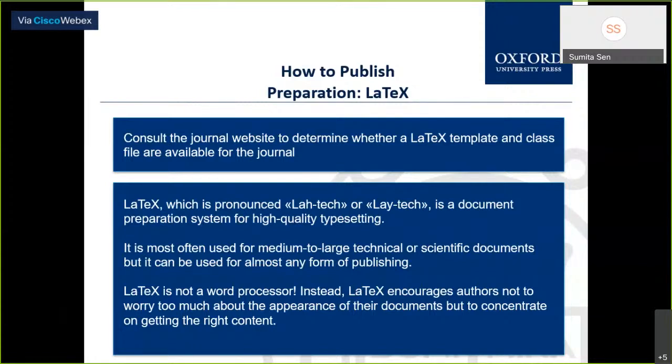So it makes your work much simpler so that you get the right content. So just check if this is available and you can go to YouTube and do a tutorial on LaTeX as well. But whatever I've said is good to know. If you need more information, check YouTube.